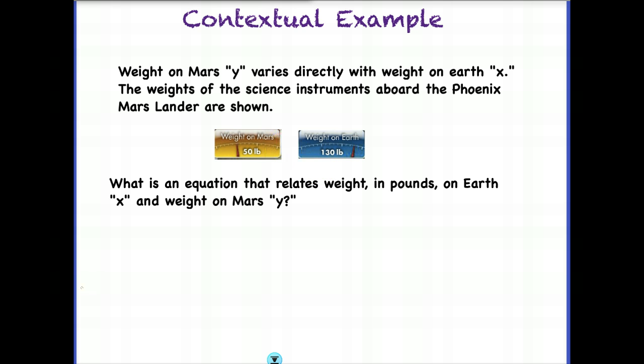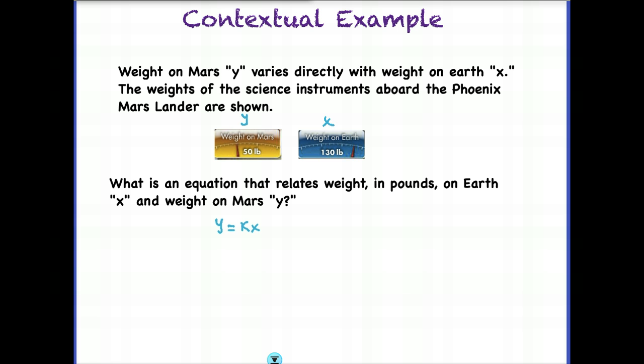Okay, and let's mark what we have. Problem says the weight on Mars is represented by y, so this is y. The weight on Earth, sorry, is represented by x, so that's x. What is an equation that relates weight in pounds on Earth, x, and weight on Mars, y? Okay, this is just like the other one, right? X is this amount, y is this amount. We can create an equation, a constant of variation equation, y equals kx, by substituting the x and y values